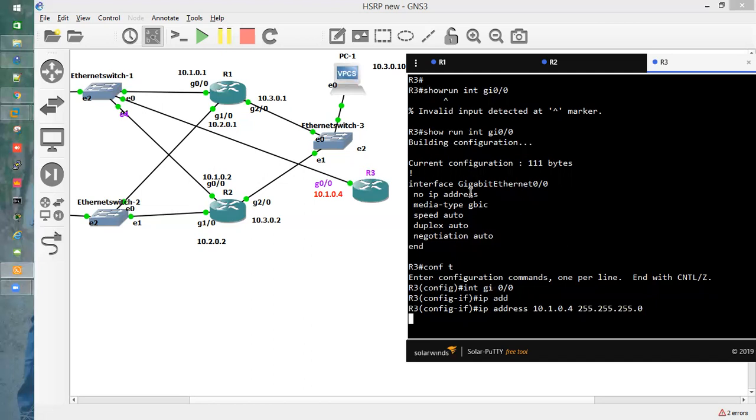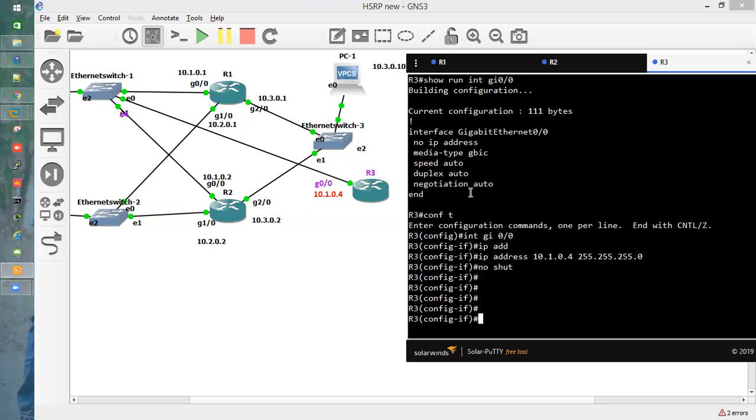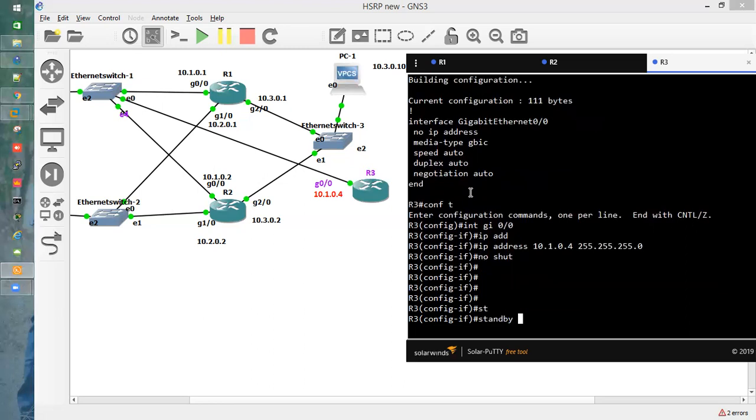No shut. Now let's configure HSRP on R3 real quick. Standby group number 1, and the virtual IP is 10.1.0.3.